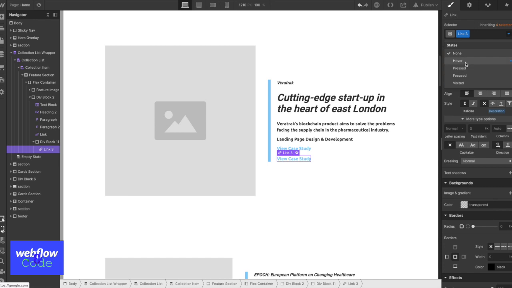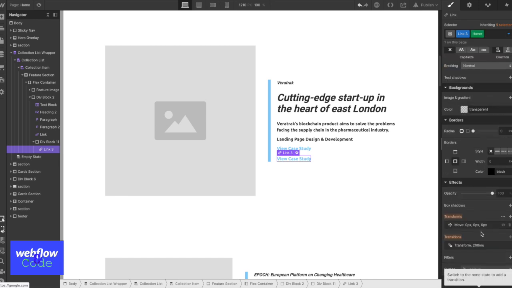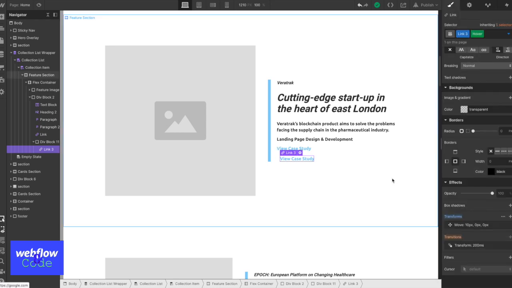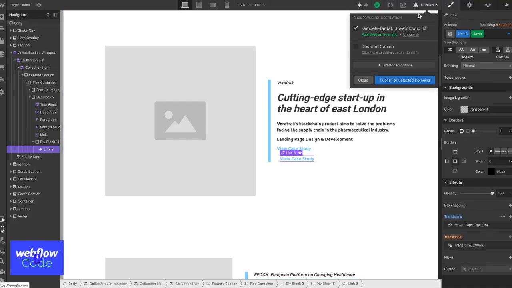And then on hover, I'll make sure that's fine, and then I'll edit this to say 10 pixels. So they're doing exactly the same thing. One of them is just using a method that causes the browser to repaint. The other one isn't. And if I publish this,